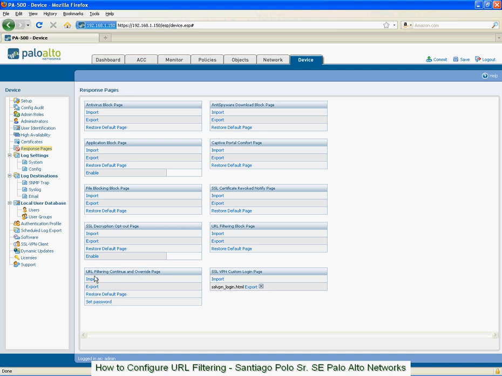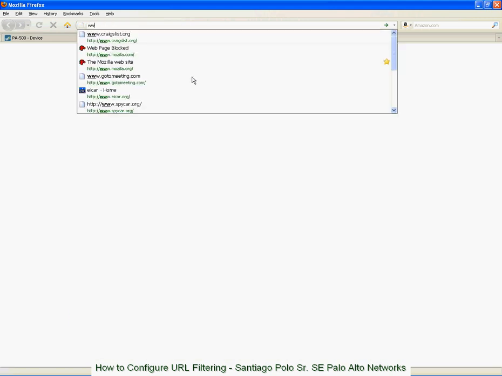Okay, and then also over here you'll see the continue and override pages that can also be imported in. These are going to be custom pages that you might include for the continue or override functions of URL filtering. So one of the things that we'll see here, actually this is probably just about done. Oh, it's done. So now what I can do is I can go to my favorite game site,